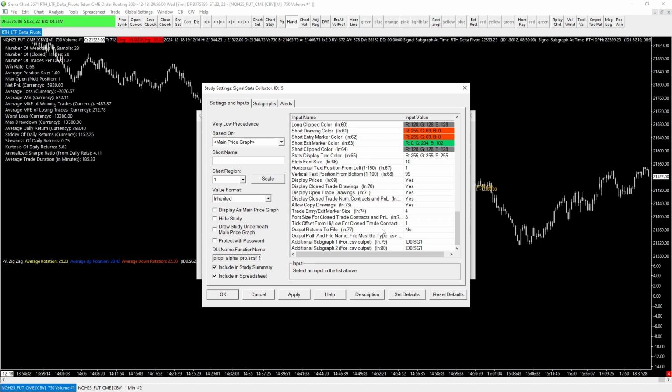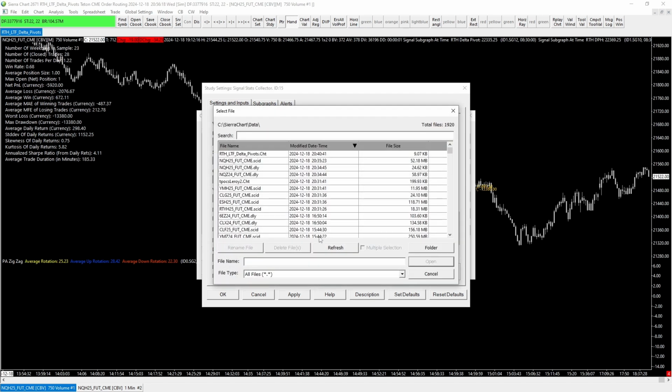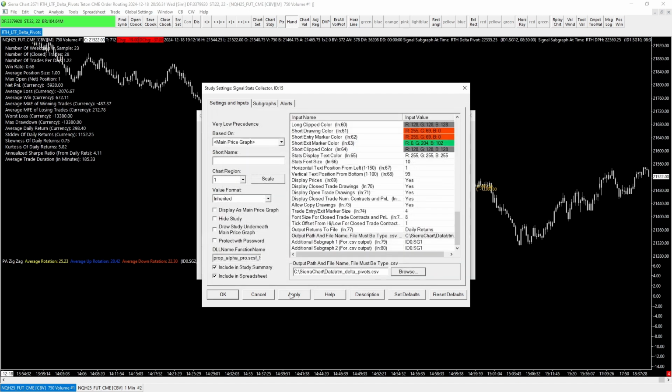time of day. At the end of the day I should be collecting. Okay, so I'm gonna do daily returns. Anyhow, I'm aggregating these trades over a day and then calculating the stats on the daily returns at the end of the day. Let's do it like this. I want to say RTM delta pivots dot CSV. You always got to do it as a dot CSV